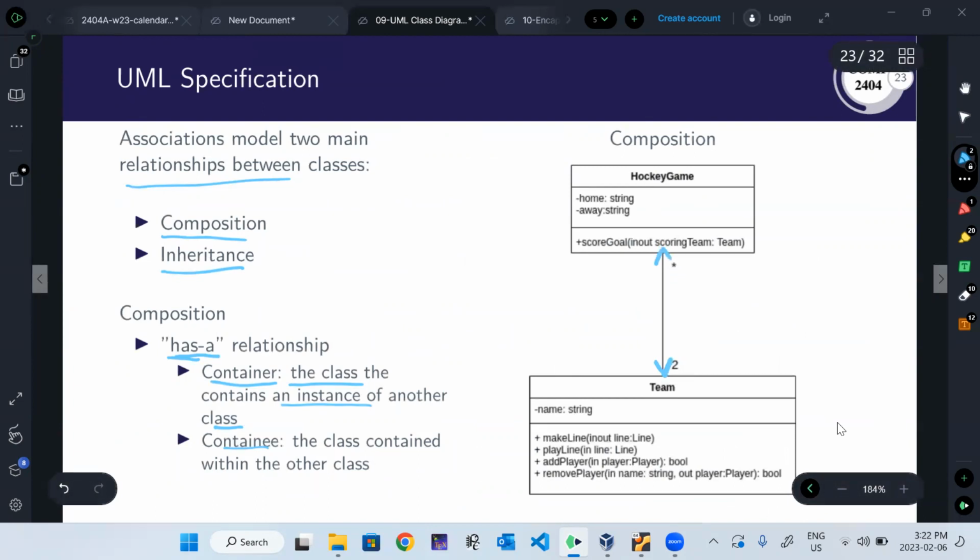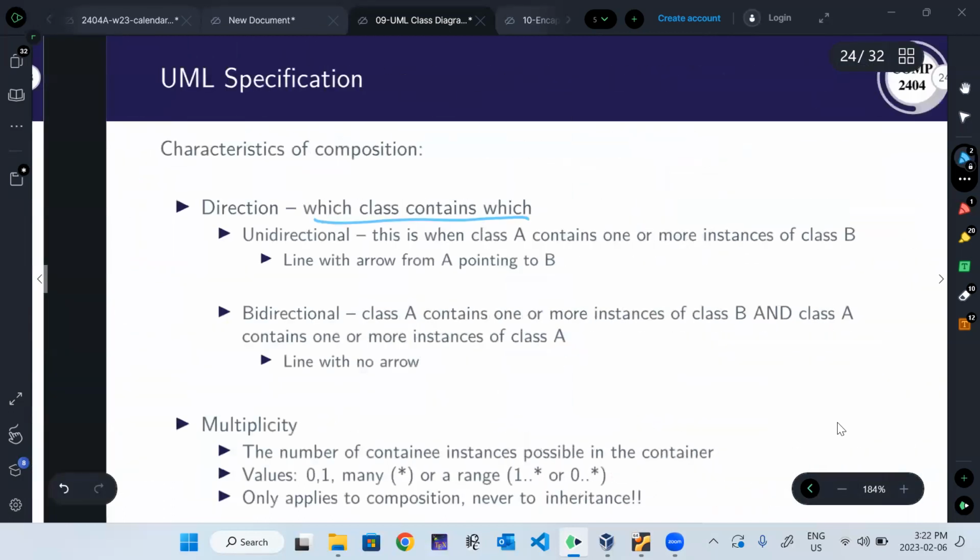But if my hockey game contains a hockey team and my hockey team contains a bunch of hockey games, then I don't need any arrows. I just use the line. We'll go over that again, but